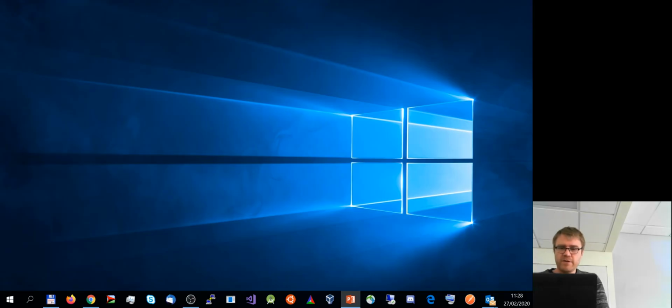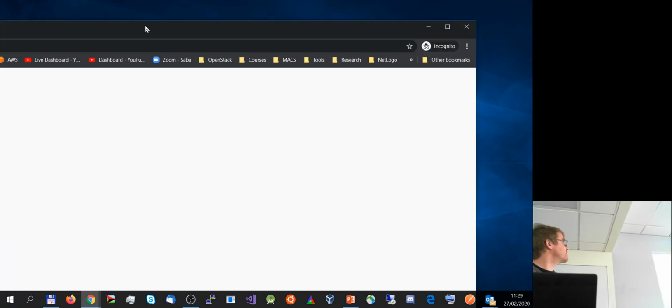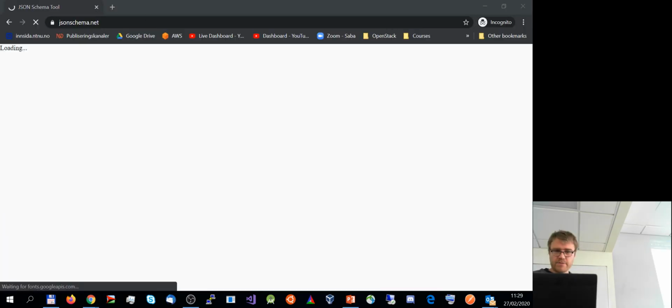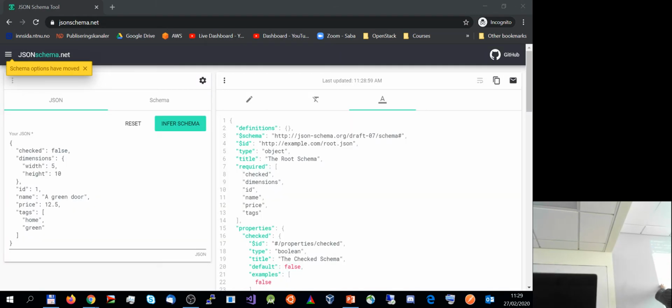Just to give you a bit more of a substantive view, without going into depth into any of this, I want to show you an example. That's a nice website that does a reasonably good job, I think, in terms of highlighting those latest features in terms of a validator. So if you have a particular JSON, the idea is that it can infer the actual schema as per the current draft.